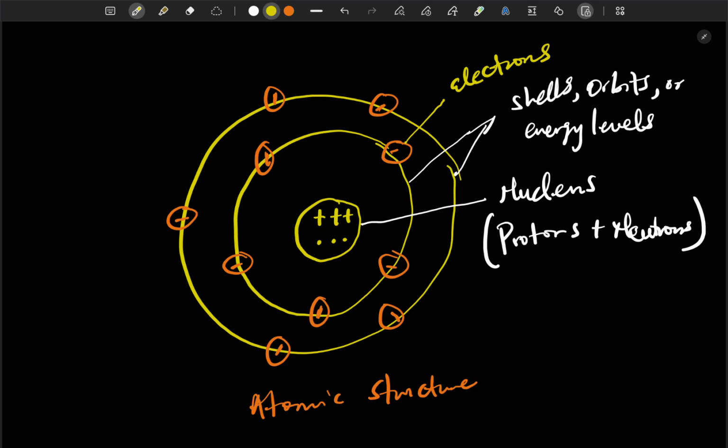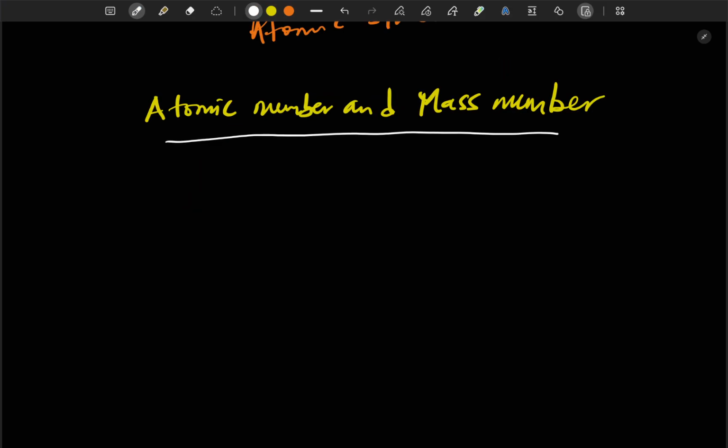This is a very, very basic and simplified diagram of an atom, because at an advanced level, an atom is more complicated than this. But this is a very basic, simplified diagram of the atomic structure according to the discoveries made in the 19th century. So now that we know that an atom contains protons, neutrons, and electrons,